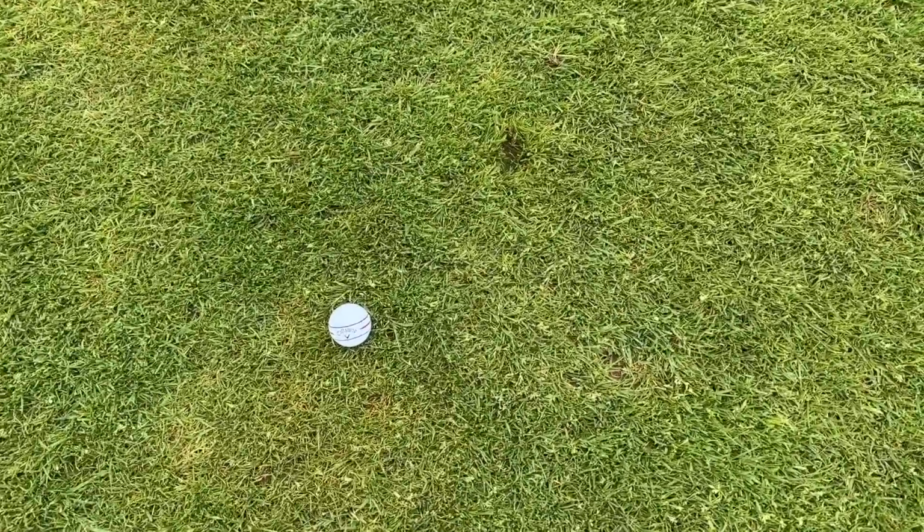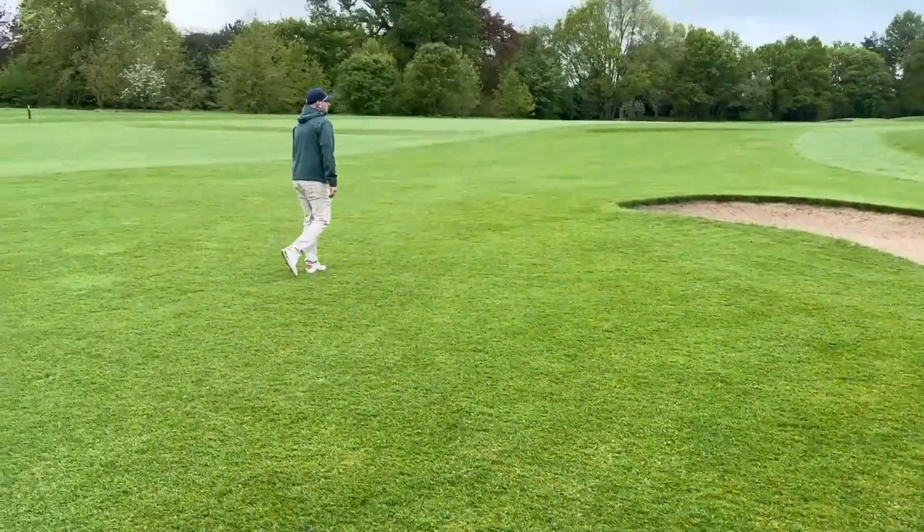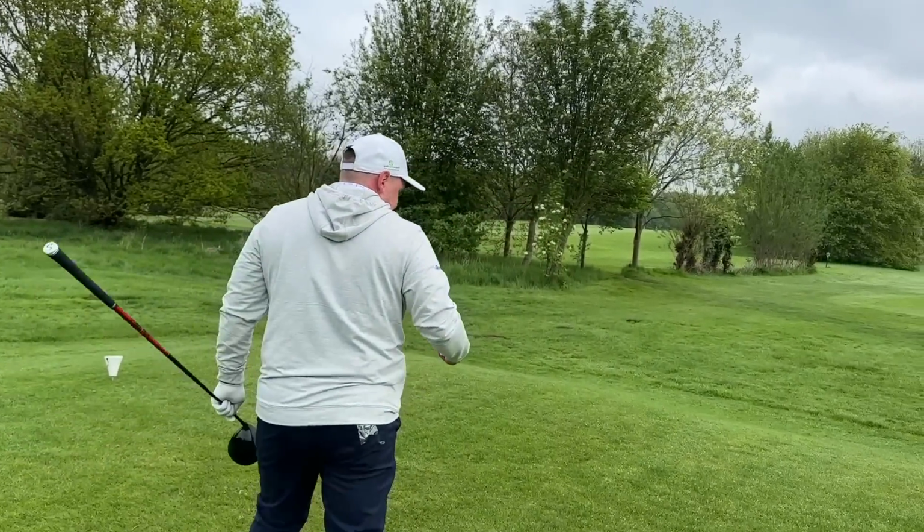I think I've got quite lucky not to go in the bunker, realistically. Let's get on the next tee and see just how long and forgiving this driver potentially is. So when spending this amount of money on a driver, what would you expect? What would you anticipate to get regards to ball speed and forgiveness and all that important stuff? So let's hit a couple more and then let's jump in the studio and see exactly what we do get,